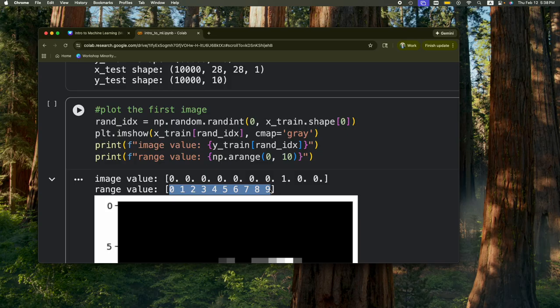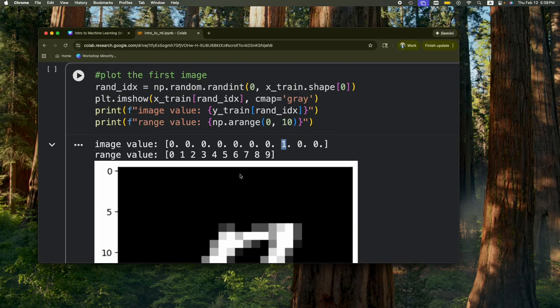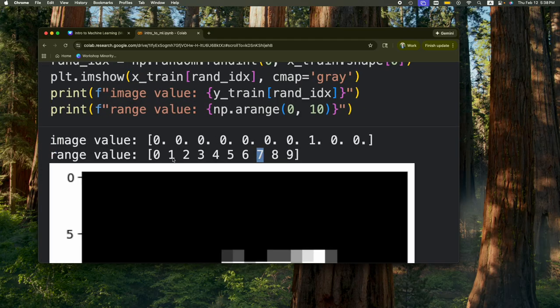If you've used permutations in CS1, it's like the used array. You set all the values in that array equal to 0 except the one you're working with. For example, this one is 7 right here, so if we go up and match each of these, you'll find that this one corresponds to the 7 spot.